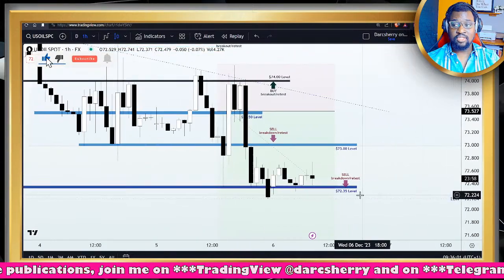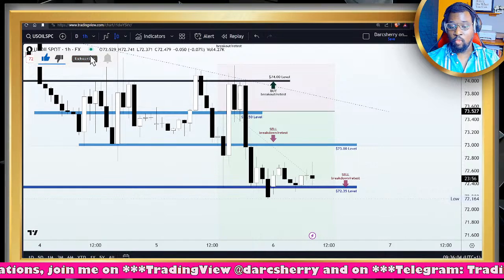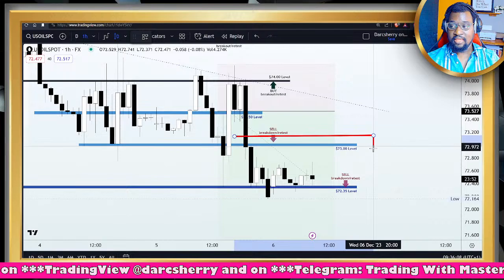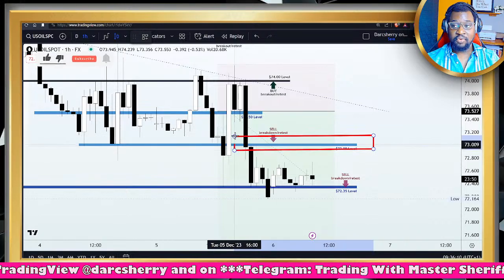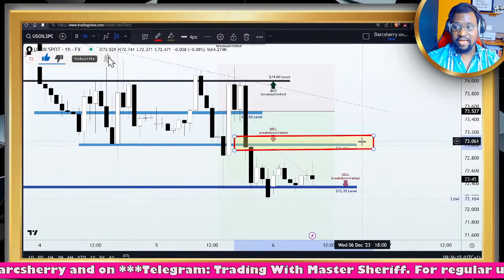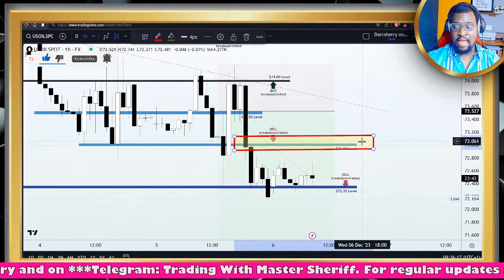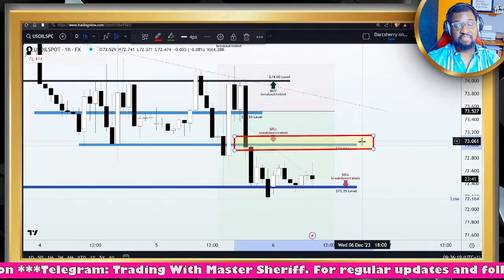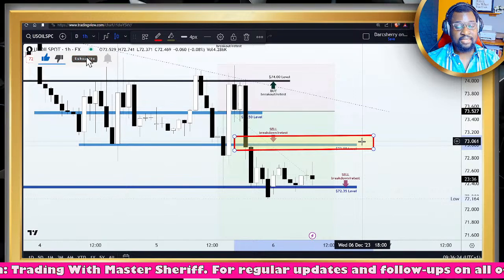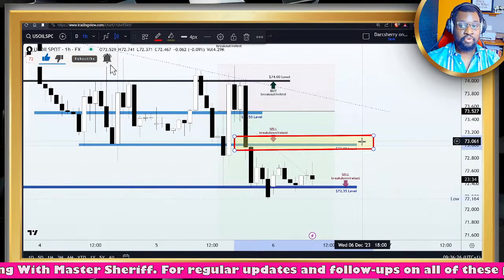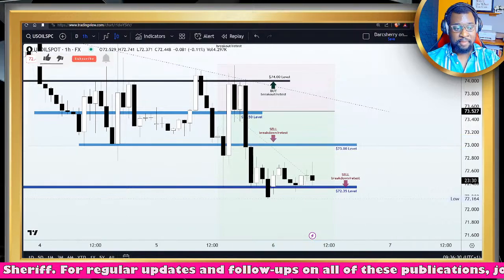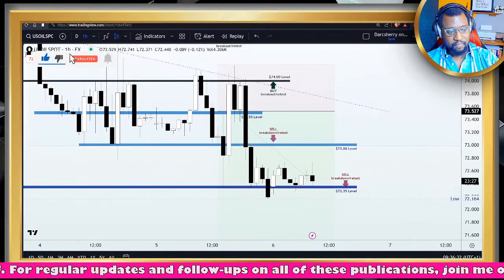Now, for those of us who still have a sell position running, I will be advising us to move all stop losses into that area around the $73 area to protect our positions against any sudden pullback, as you will see how the $72.35 level had played a major role in rejecting all attempts by the sellers to break through that structure. In fact, if you look at the 4 hours time frame, you will see